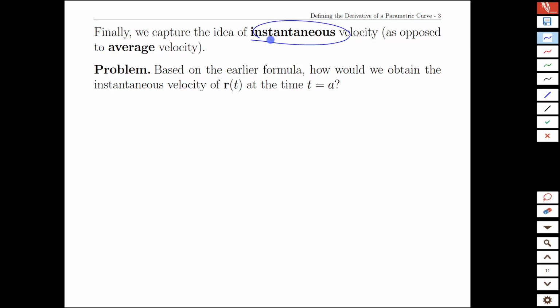Having now defined the average velocity, we can take the final step to turn this into calculus and make it the instantaneous velocity. So if we want the velocity exactly at the time a, then what we're going to do is let our time interval go to 0. So the instantaneous